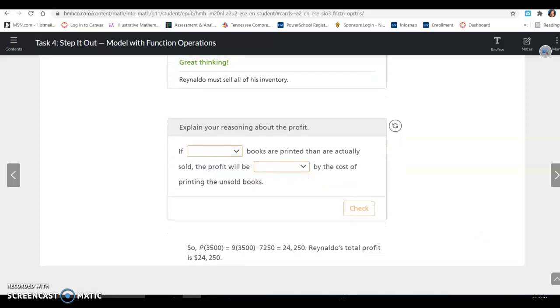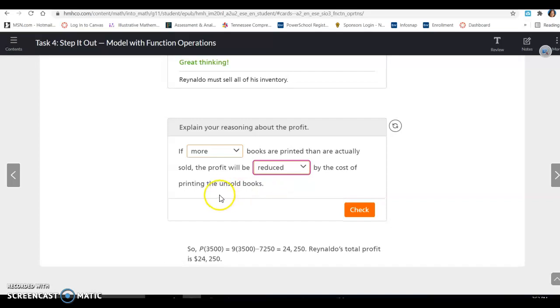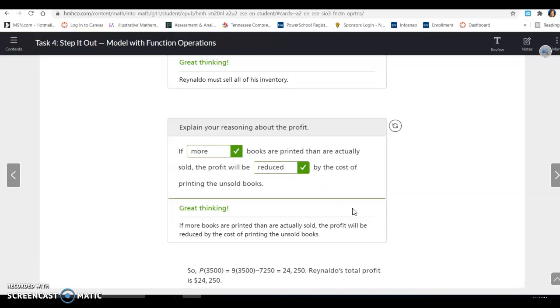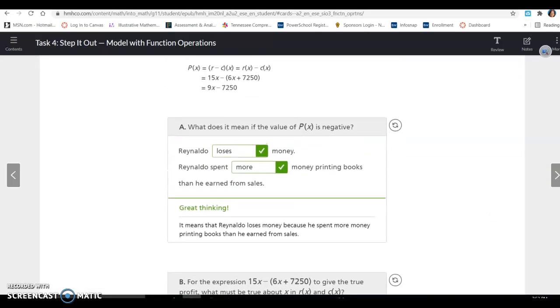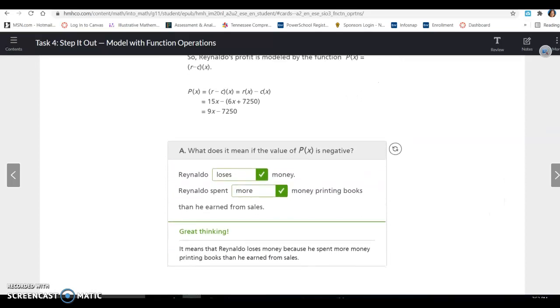All right, explain your reasoning about the profit. Okay, if more books are printed than are actually sold, the profit will be reduced by the cost of printed, of unsold books. All right, so anytime you don't sell everything, then that's going to be a reduction in cost. So you can kind of see, like from the formula above,